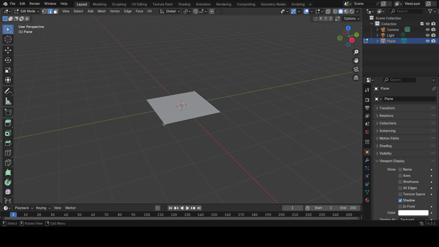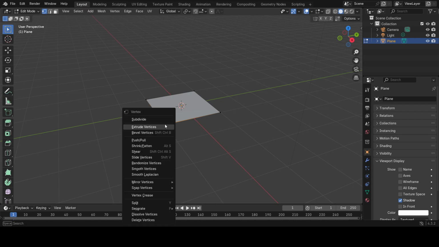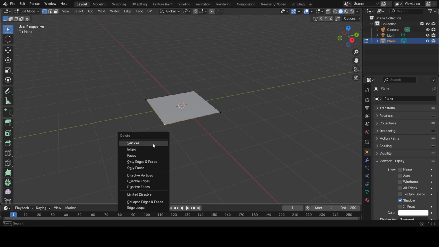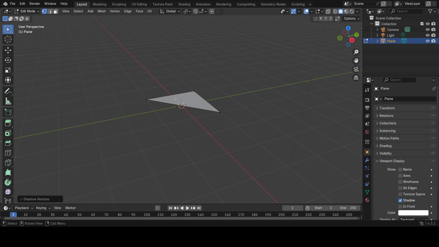If I get rid of, for instance, one, let's go back to the vertices again here. If I click on one vertice, right click on it, and actually what I'm going to do is delete by hitting X, and you can see here vertices, edges, faces. What I want to do here is dissolve the vertice, and what's happening here now is that you have like a triangle. And just to illustrate this,